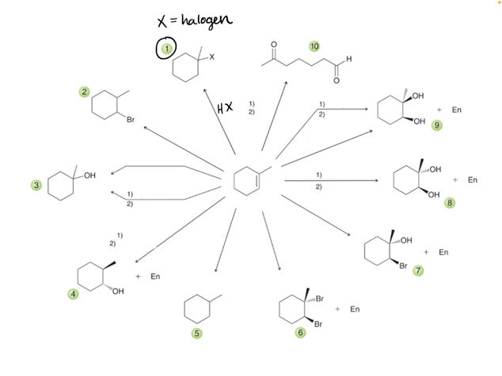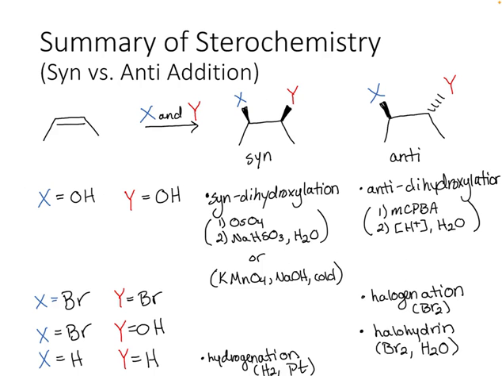Okay, let's go to product number 2. So here we're adding a bromine to, it looks like, the less substituted carbon. So how would we do that? So that is anti-Markovnikov addition. So if we go back to our summary,